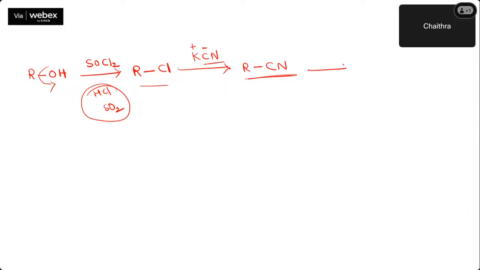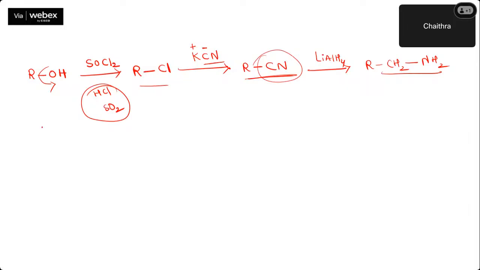Okay. Now, next on the arrow mark, I'll write lithium aluminium hydride. This is a reducing agent. Now, identify the product. See how they can ask connected questions for you. So, what will this group be converted into? This group will be converted. You just add hydrogens. You get R, CH2, then NH2. So this is how amines can be prepared. So this is one more method.